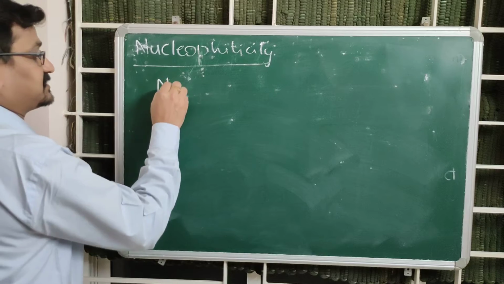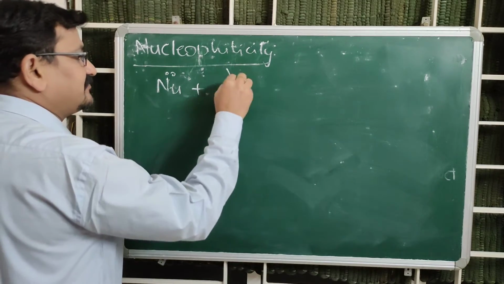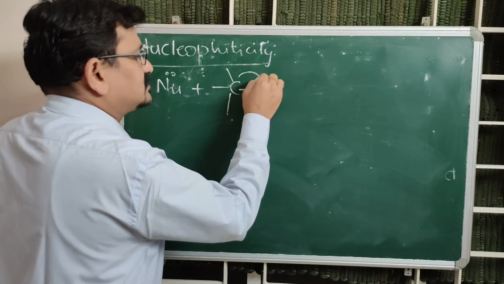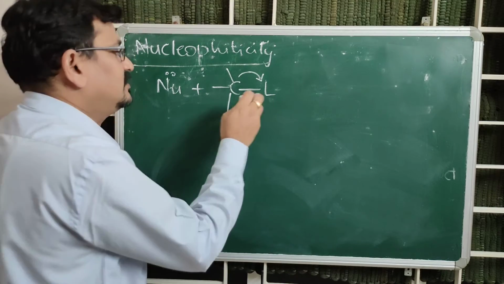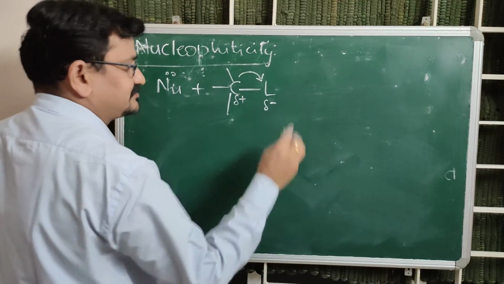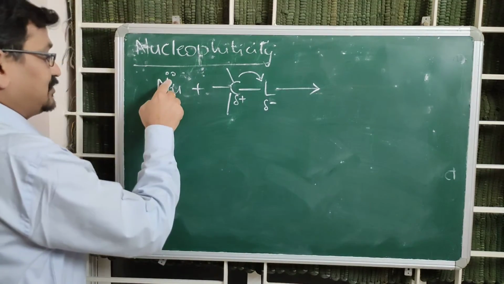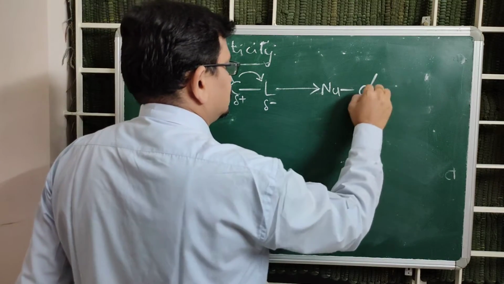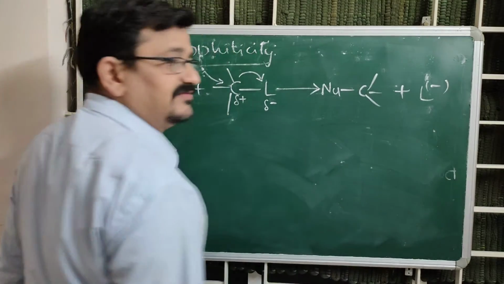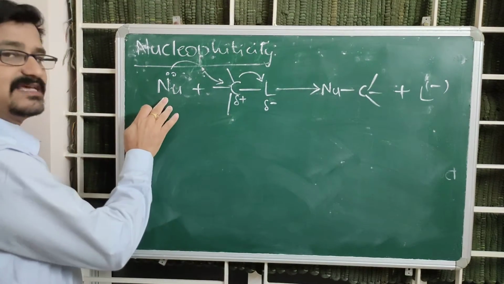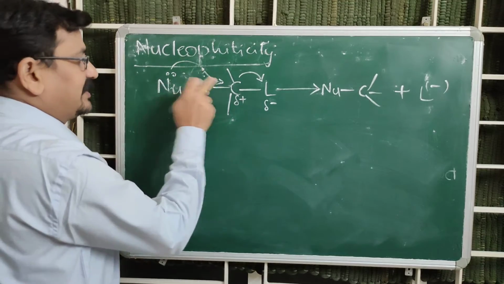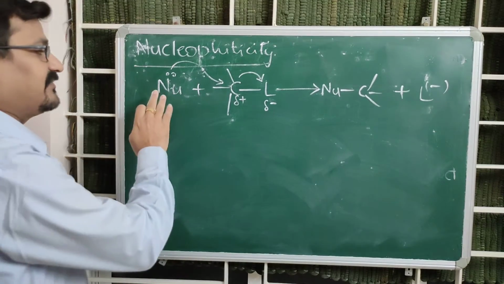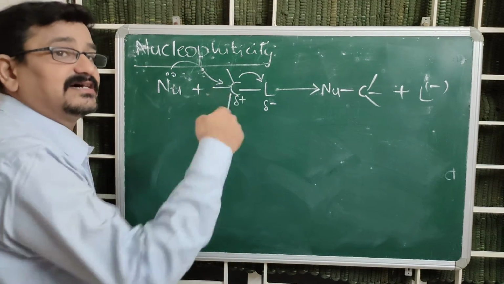For example, you take a substance which is reacting with an organic molecule containing a leaving group, usually which is more electronegative. Because of this, the bond will be polarized towards the leaving group and generates an electrophilic center at carbon. Now in this reaction what's happening? This nucleophile is attacking at this electrophilic center and forms a product like this, and the leaving group moves out with its electron pair. In this reaction, the substance is donating its electron pair, attacking at the electrophilic center and forming a new substance. That's the definition of a nucleophile: a substance which attacks at an electrophilic center other than a proton.